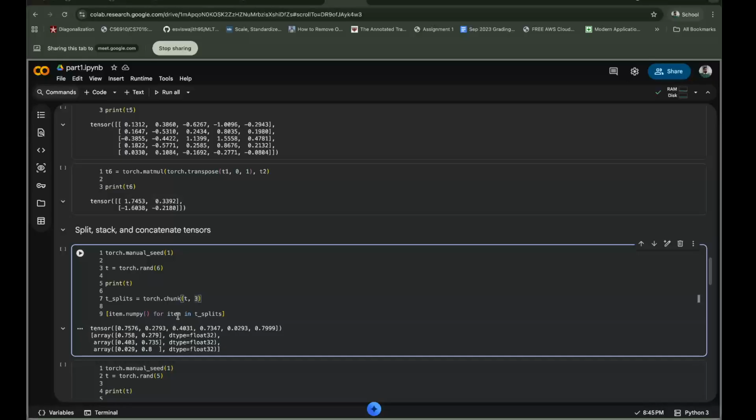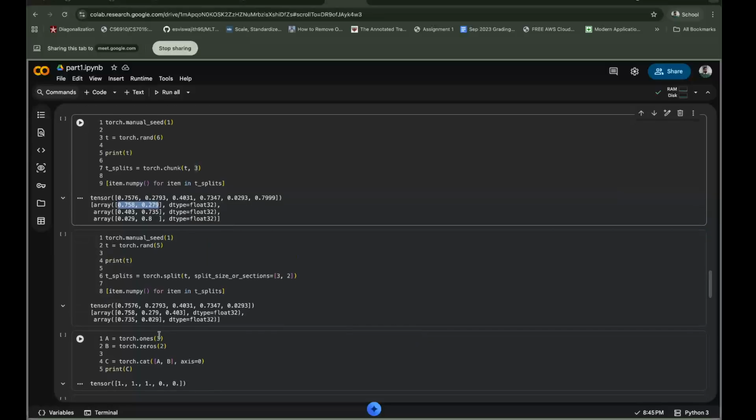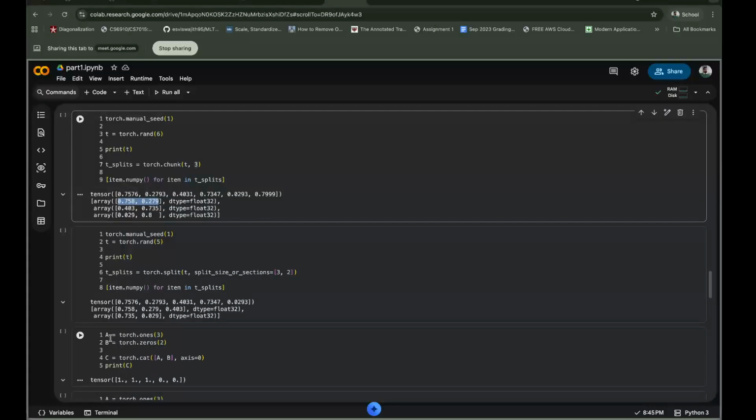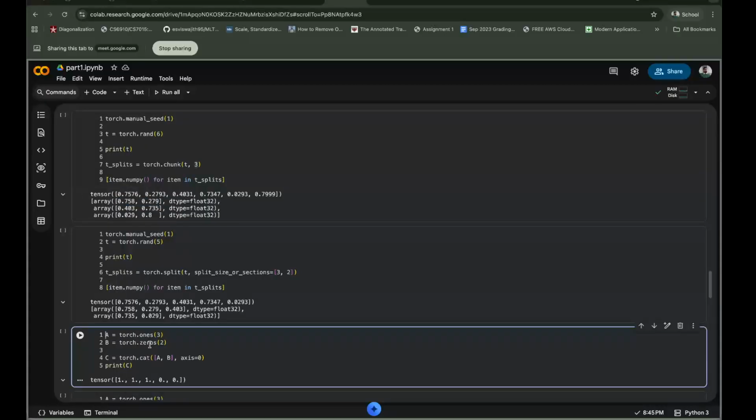It is almost like reshaping the elements, and since I want 3 chunks, each of the chunks will be of shape 2. The object T splits will be an object. Each element of the T splits will be an object, right? Which will have two elements, yes, because there are 6 elements. Correct. Another useful operation is